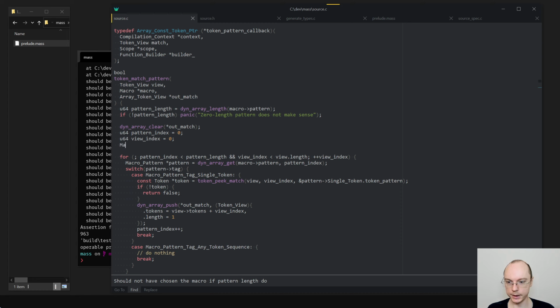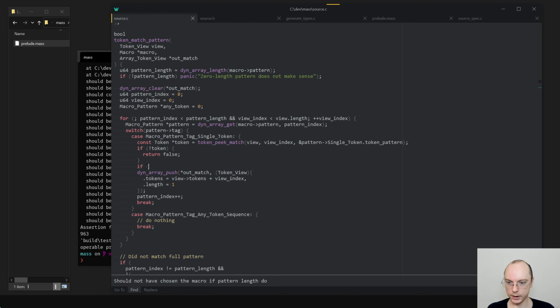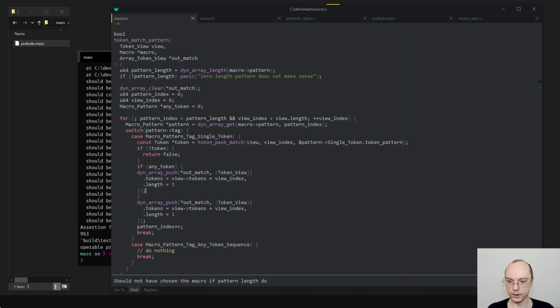So here we need to say macro pattern star any token, and starts with 0. And in here, we need to say that if any token, then we need to push that.